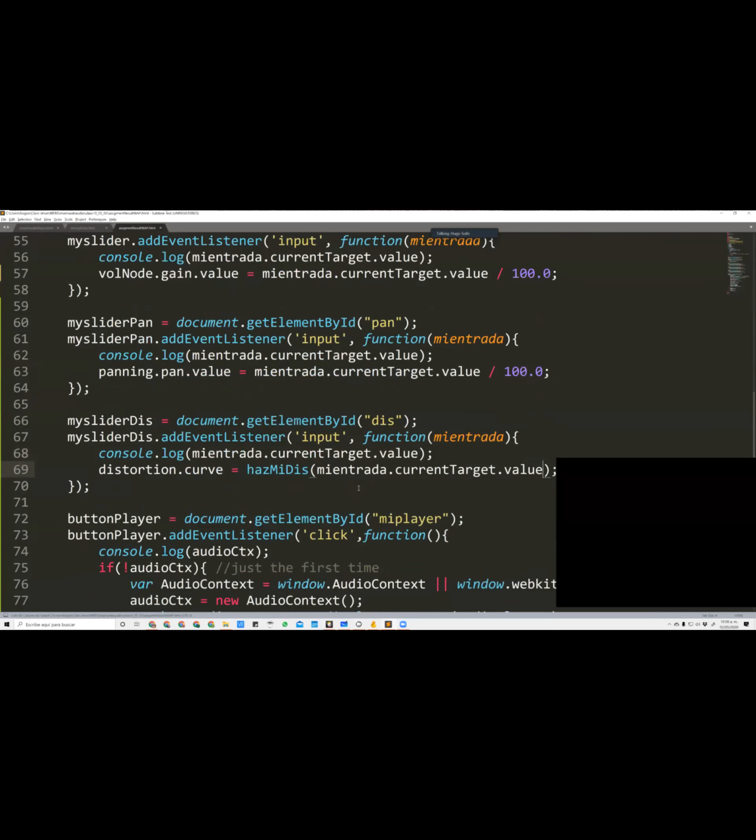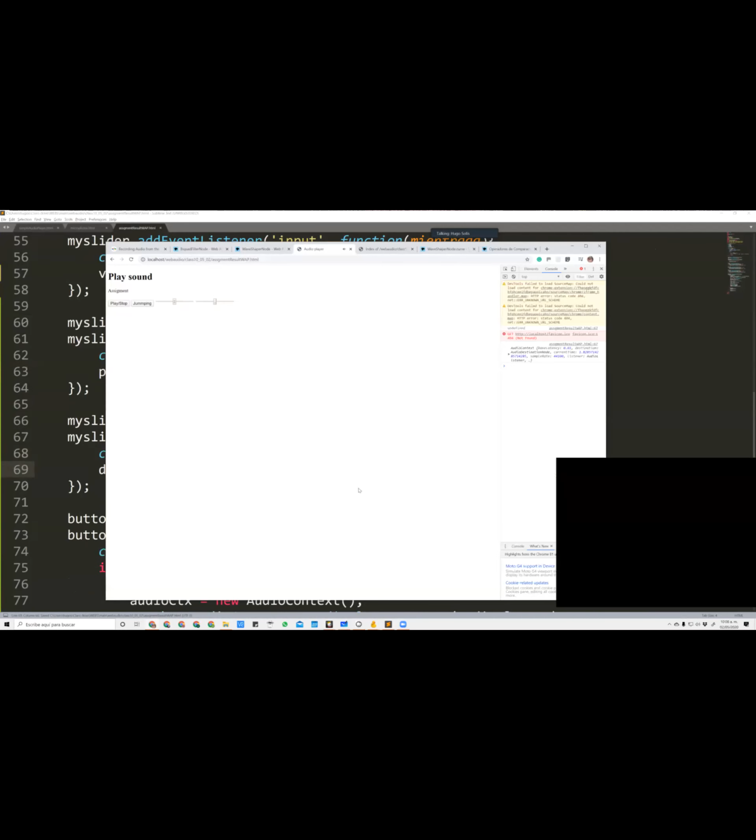Now, my concern with this technique would be that maybe the computer does not have enough time for populating that amount of numbers on each movement of the slider. But this is not glass. The worst thing that could happen is that my browser gets stuck and then I just reopen my browser, right? So don't fix things that are not broken. Let's give it a try. We'll refresh. And then